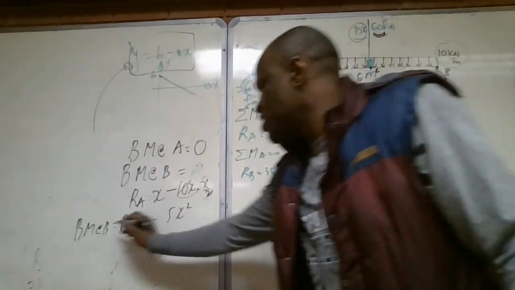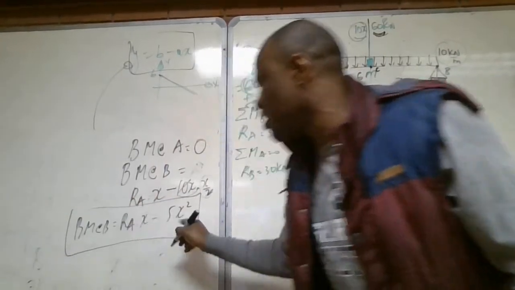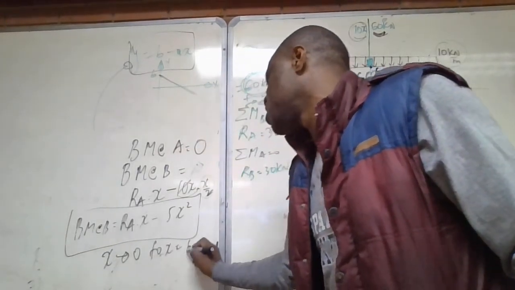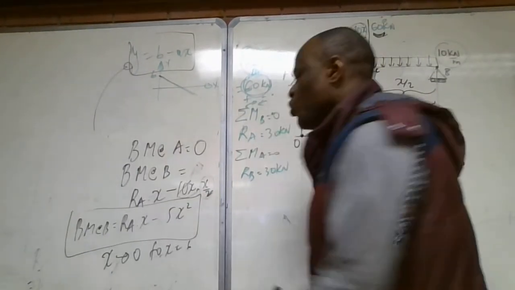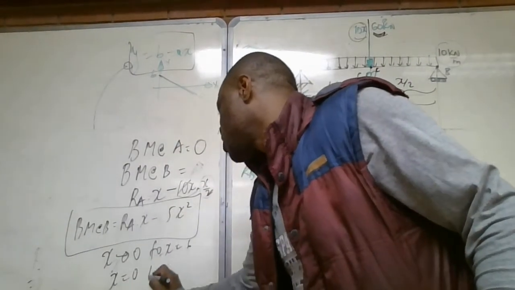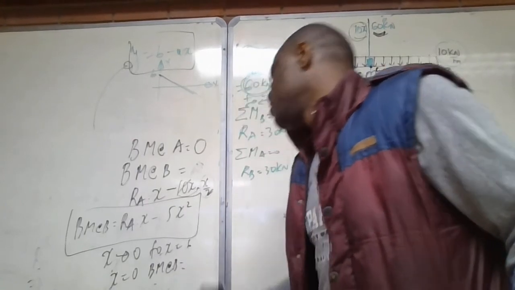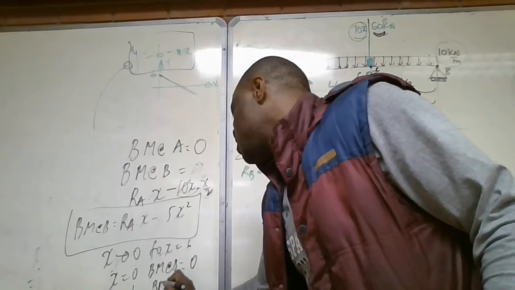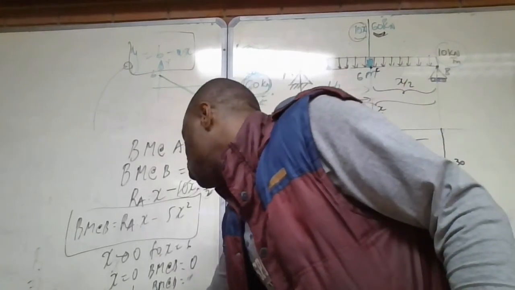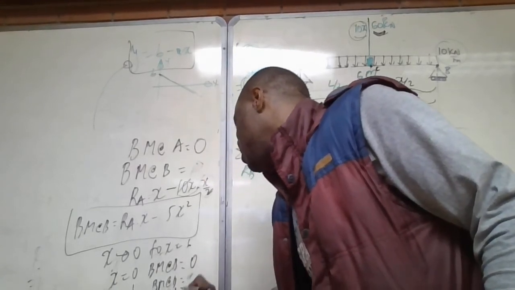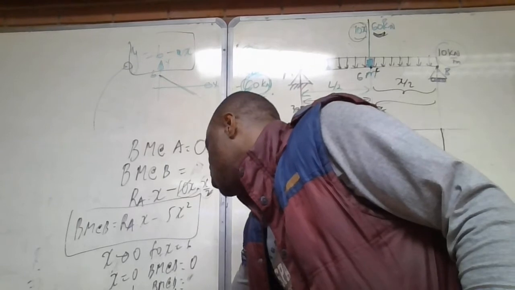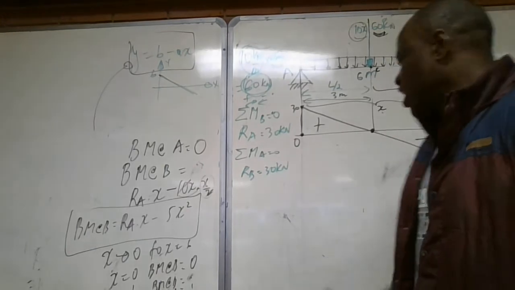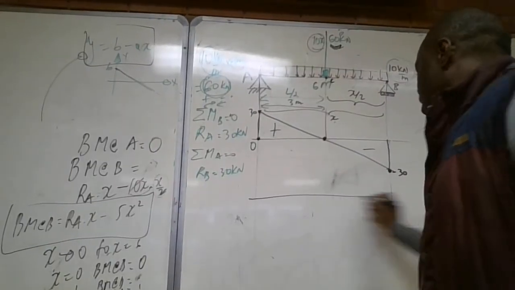Now we know with this equation, as long as we can see the variable x, we know that x varies from 0 to x equal to 6. In this equation, we will substitute for x equal to 0. What's going to be the BM at B? For x equal to 0, this will be 0. For x equal to 1, we will have a certain value. For x equal to 2, we'll have a certain value of this bending moment at B. For x equal to 3, up to the time we get to x equal to 6, we'll have a certain number of values that we can plot on our graph.